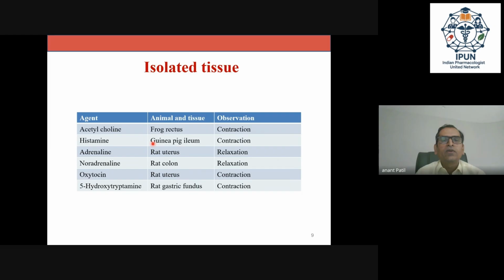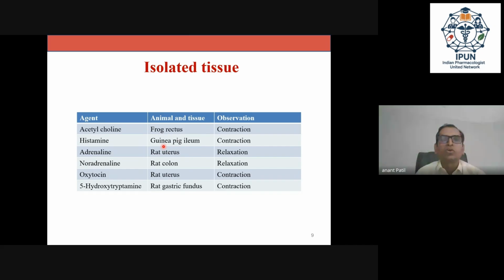And as I said, my personal experience during post-graduation was doing guinea pig ileum and estimating the concentration of histamine on the guinea pig ileum, which causes contraction of the guinea pig ileum. But in the last 20-25 years, we have come a long way because I now understand that guinea pig ileum is very rarely used in college. Some colleges are using chicken ileum, and most of the colleges have shifted to software-based bioassay estimation, obviously